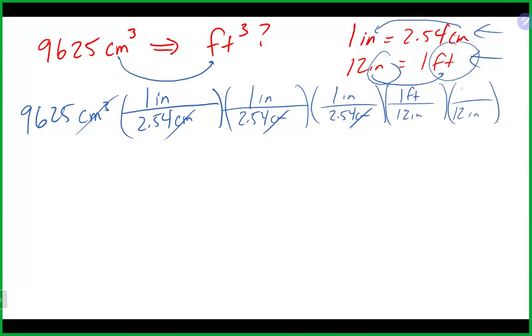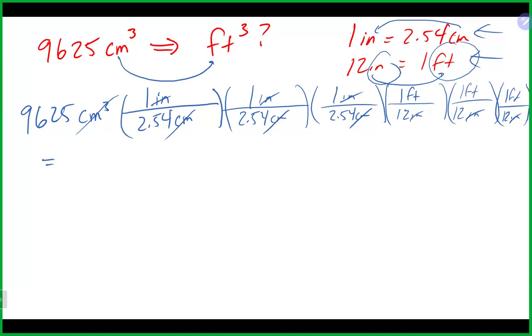12 inches is 1 foot. I'm going to try to squeeze it in there. 1 foot is 12 inches. Inch on the bottom, inch on the bottom, inch on the bottom takes care of all three of those. We will multiply all the way across the top, which is essentially 1, and divide by everybody gives us 96.25